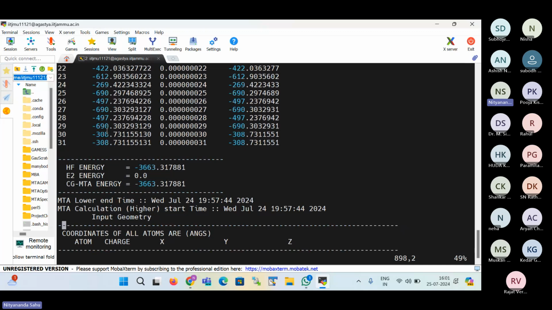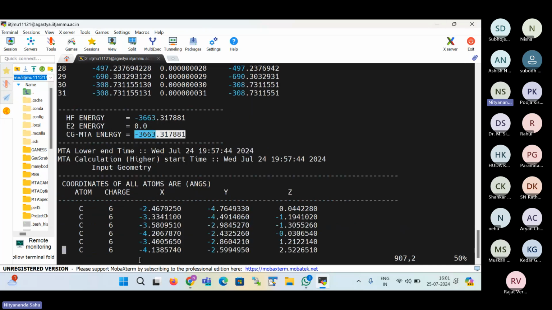Then we patch. This is all automated, and these fragment energies will be patched by the cardinality-based set inclusion-exclusion principle to get an estimate for the full molecule. And this is the energy of alpha cyclodextrin from the MTA-based calculation at the B3LYP 6-31G level of theory. That means MTA at the smaller basis. Once the smaller basis is done, then we also have to do the higher basis, because at that basis we want our